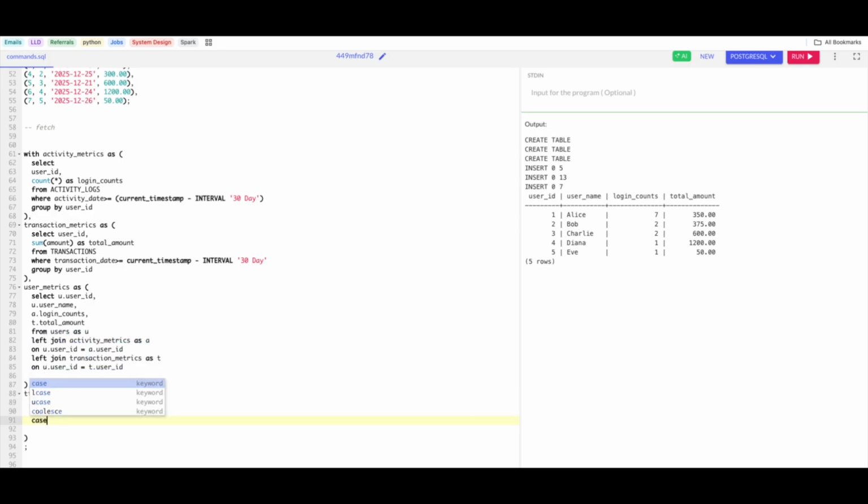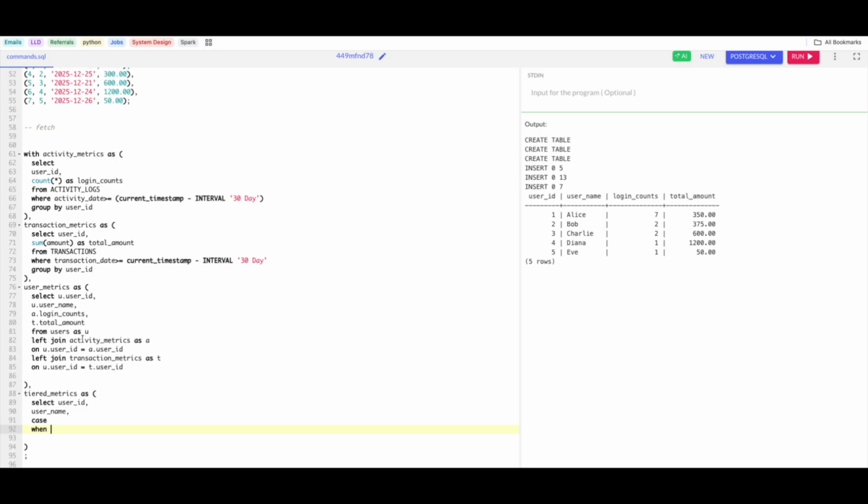Then comes our case statements, case when. So now is a tricky part that you need to know when dealing with case when statements, right? So it says if there are logins that are more than 20 times and spend more than $1,000, then it's